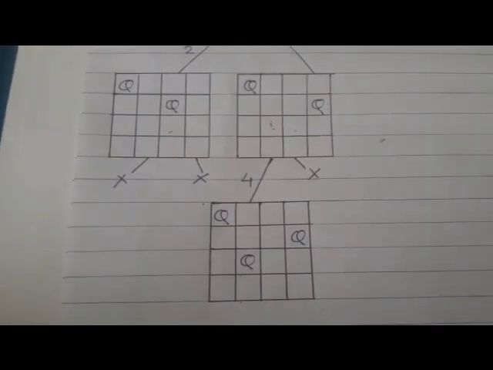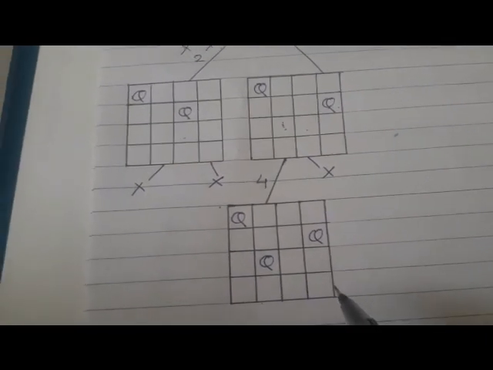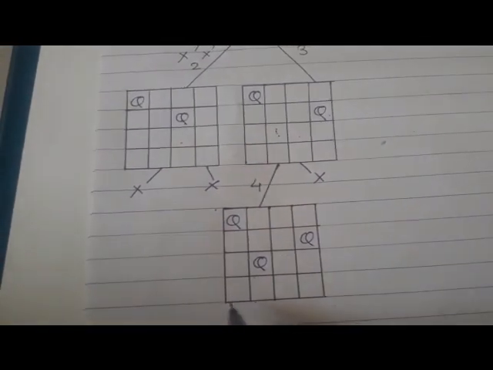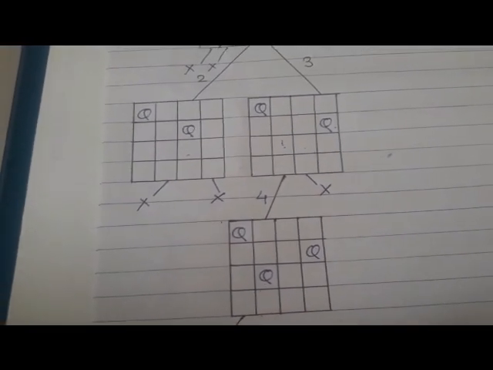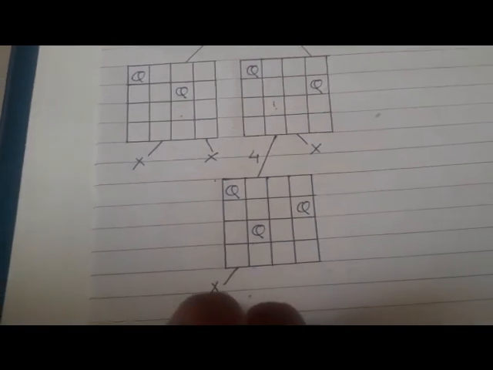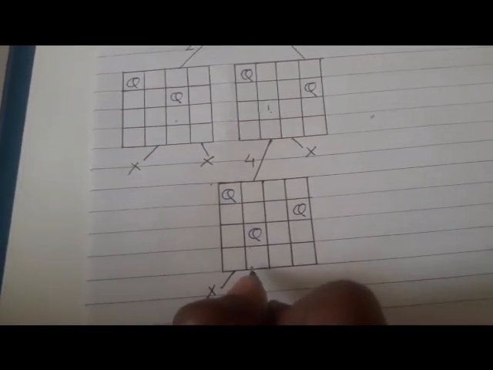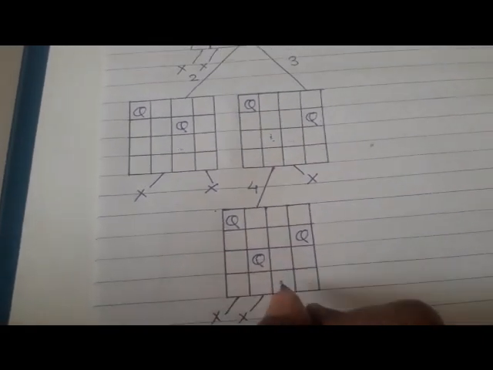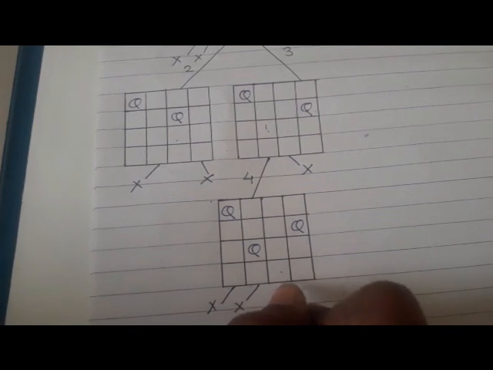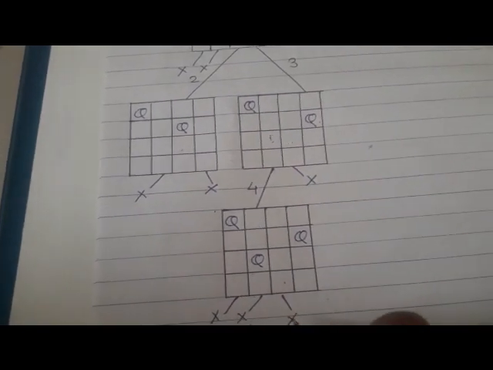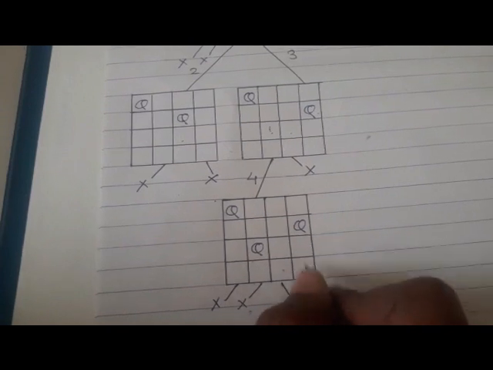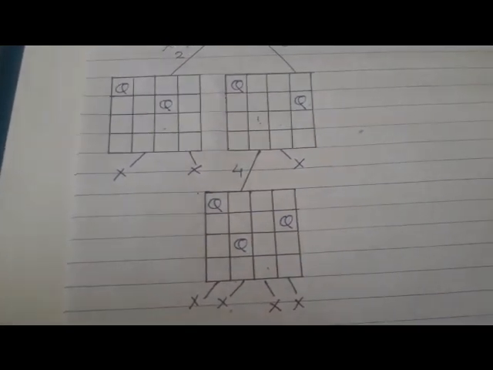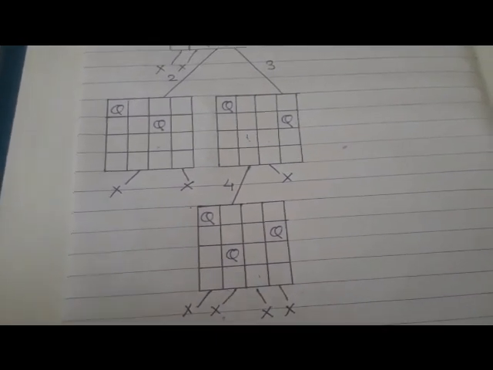Here we have placed the third queen, but now for the fourth queen, there is no safe position because in the first column there is one queen written, so that's why we can't put it here. Second is also filled by this third queen. The third queen can attack here in the fourth row, so that's why we can't write the fourth queen here. And here in the fourth column, the second queen is placed. So there is no safe position for the fourth queen, and that's why we backtrack.